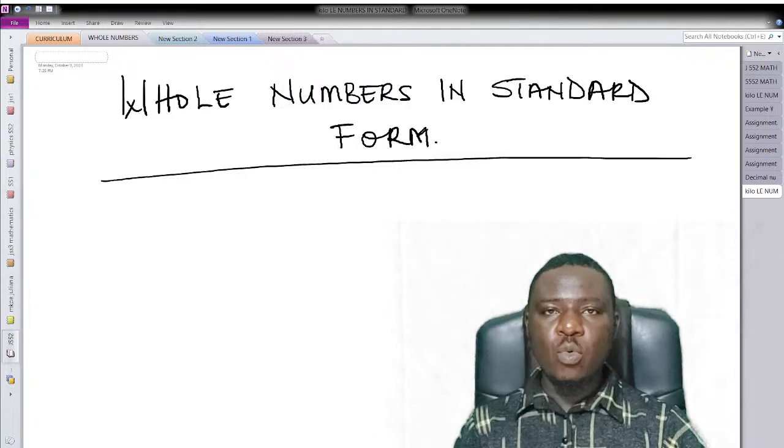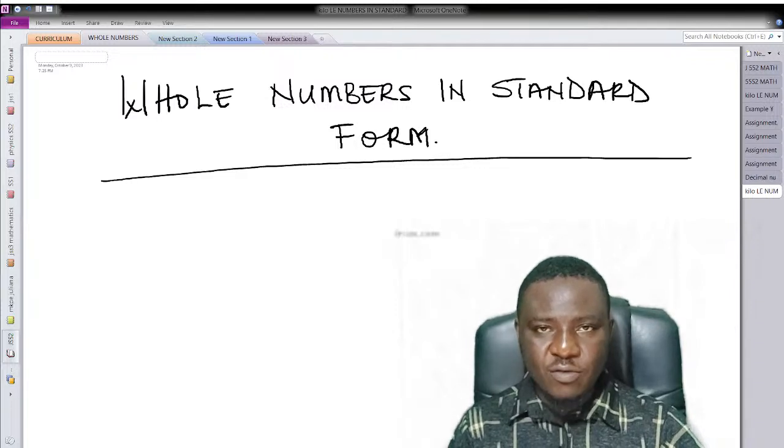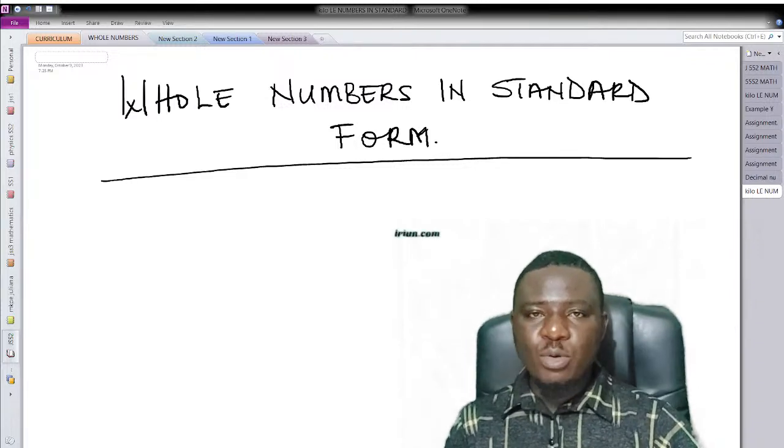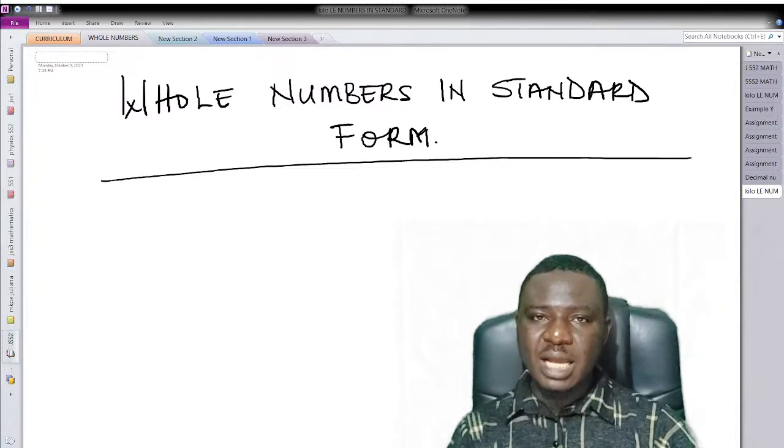But before we go into that, what do we understand by standard form? What do you understand by standard form? You must have been hearing of standard form, but what do you term standard form? Okay, so I will put it that a number is said to be in standard form if it can be expressed in the form